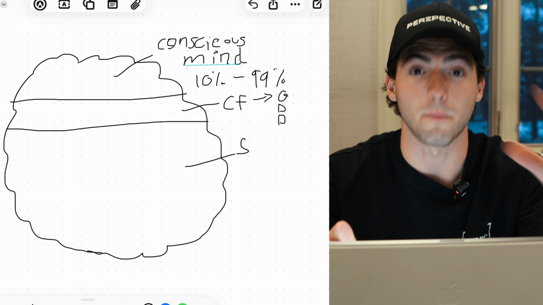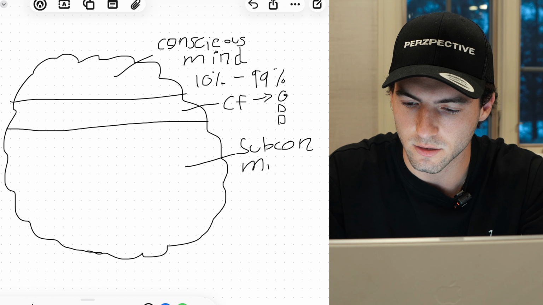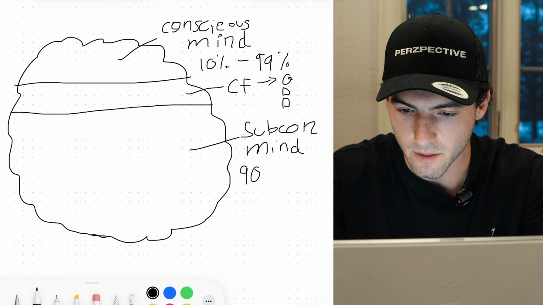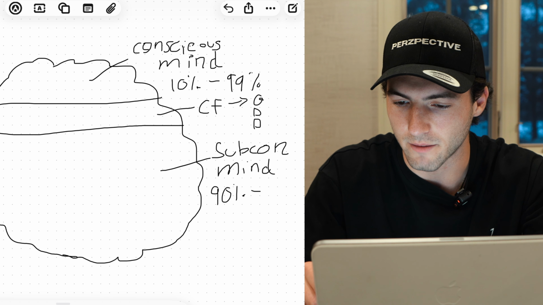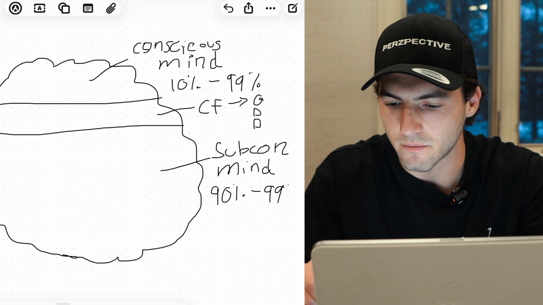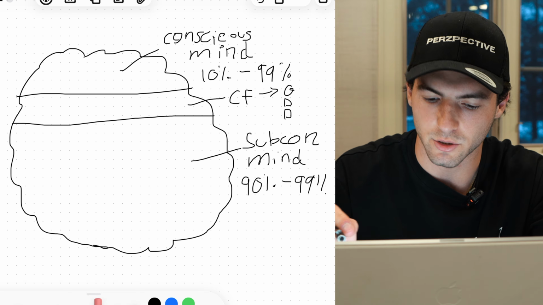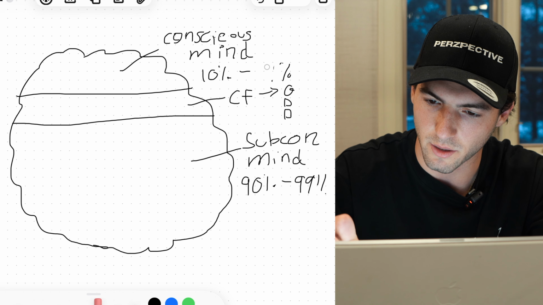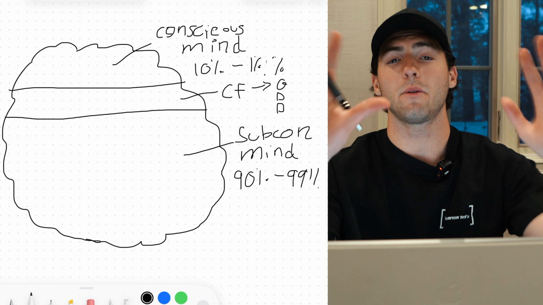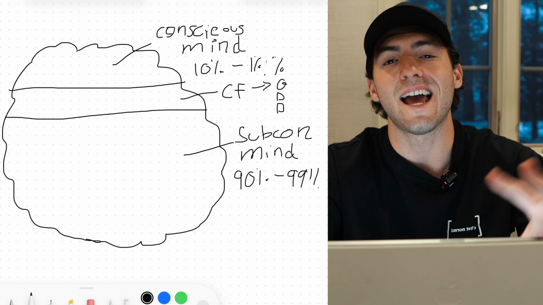Now, the last part, the biggest part, is the subconscious. I'm going to abbreviate it subcon mind. And like I said before with the conscious mind, most people would say that it's 90%. But again, the way that I've learned it and what I actually believe is that it is 99%. By the way, correction above, subconscious mind. I don't know how to erase on this. Oh, I do. Hold on. There we go. Like 1%, if not less. So now that we have that, let's go into the conscious mind and what it actually does so you can understand it and leverage it for your life.